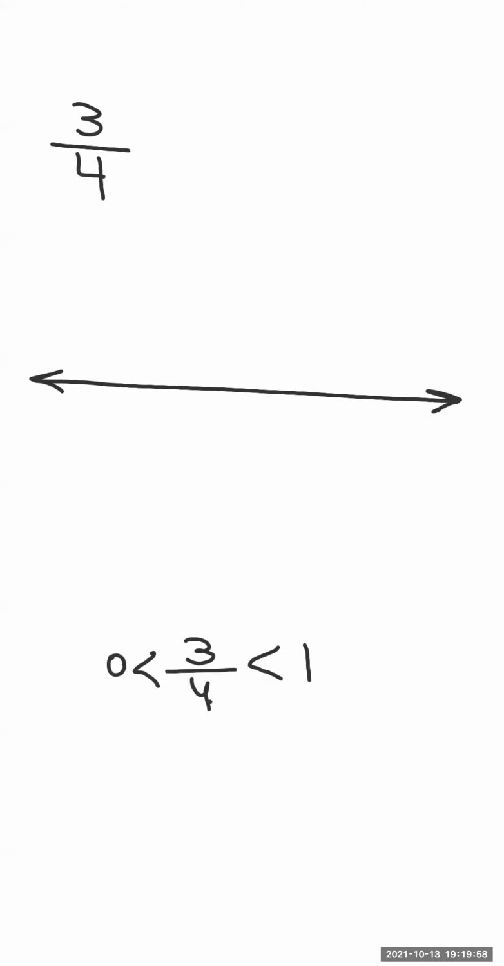4 on the number line. We said that 3 over 4, it's greater than 0 and less than 1. So this means 3 over 4 lies between